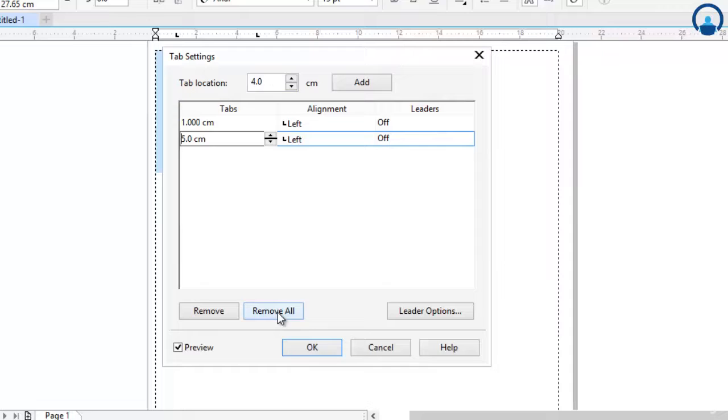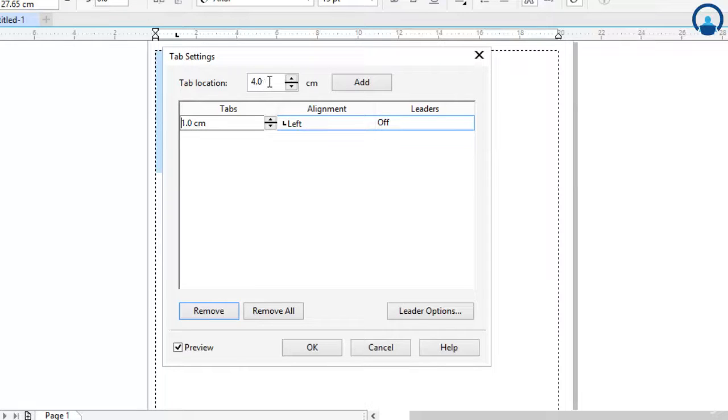Suppose I want a tab exactly at 4 centimeter, I'll delete this tab first. I have added a tab at 1 centimeter. If I want a tab at 4 centimeter here, what I need to do is type 3 at tab location.